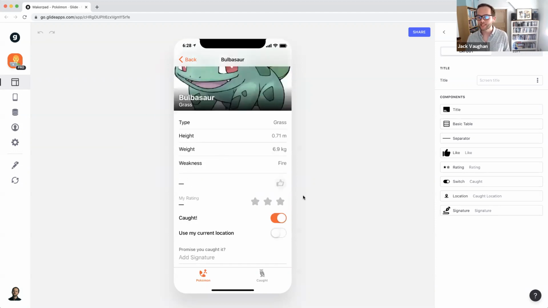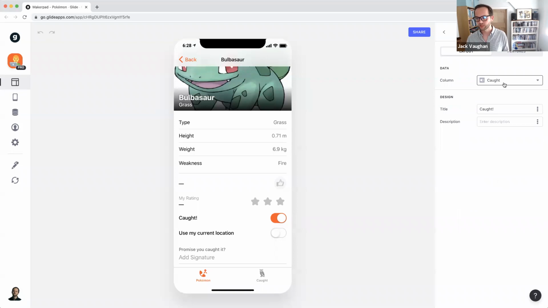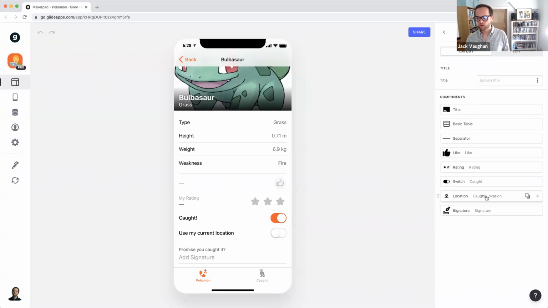So this is completely separate. And all of these components here, the like, the rating, the simple switch component, the location component and the signature component, they all benefit from user-specific columns. And then the last little thing, and then I'll take some questions about it because it might be a bit